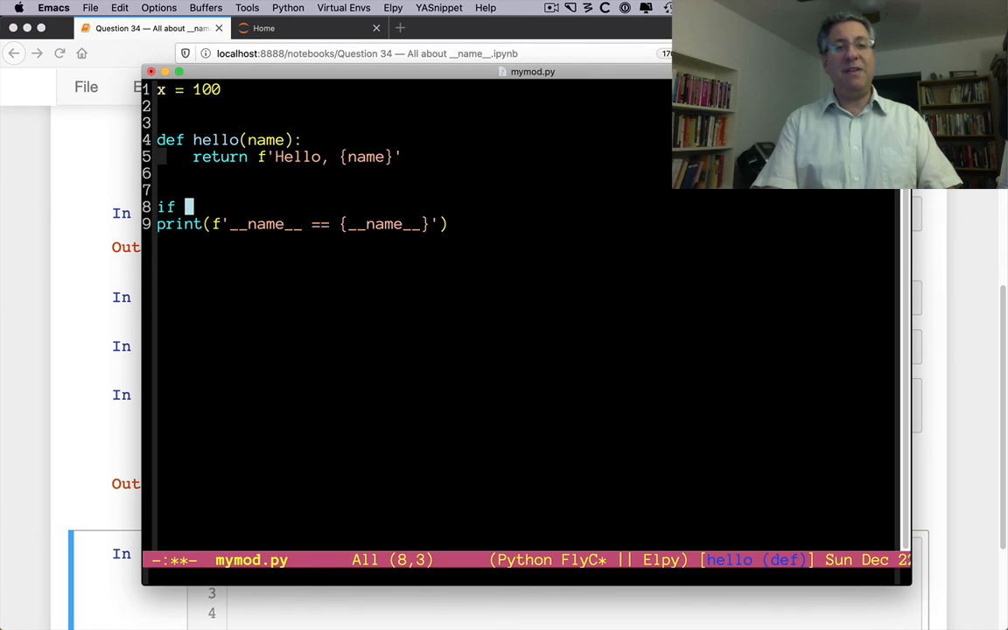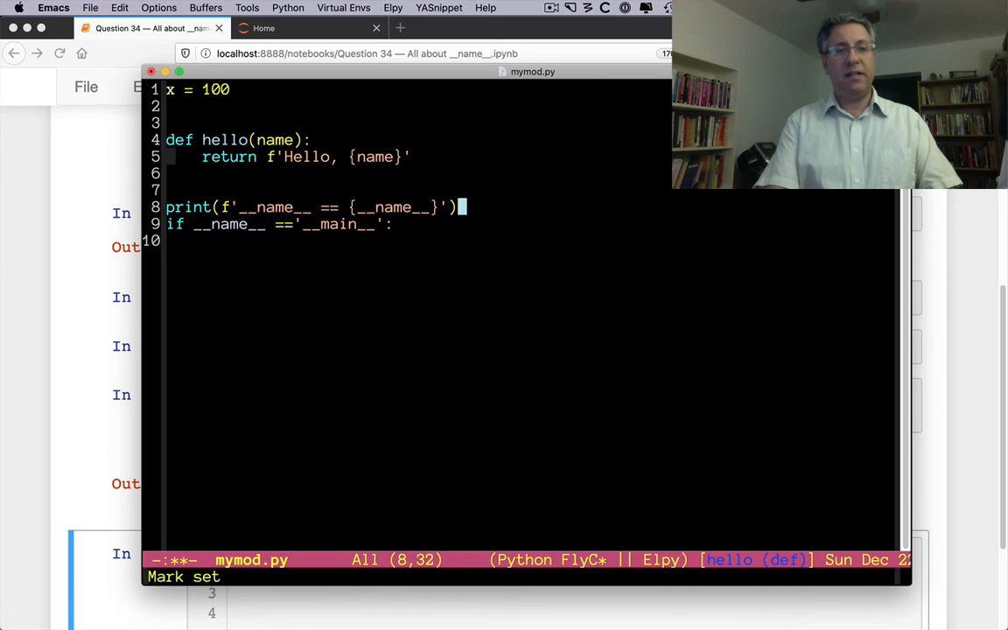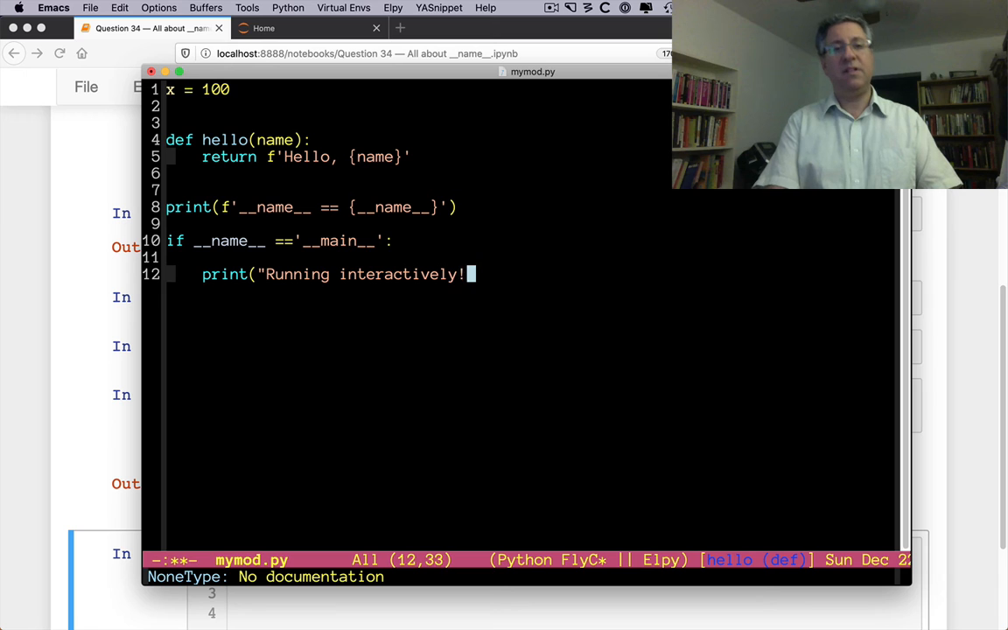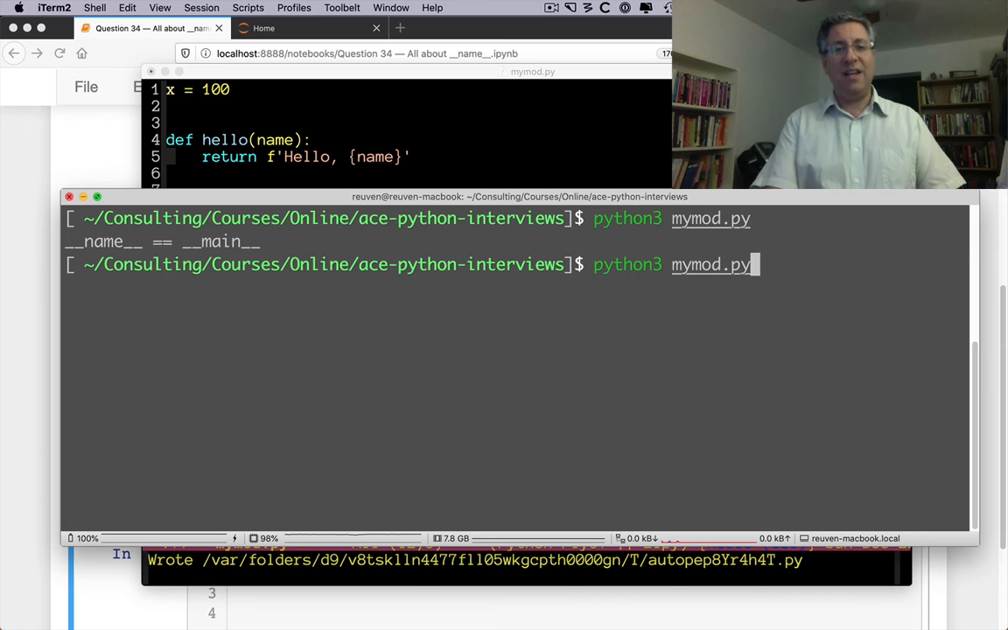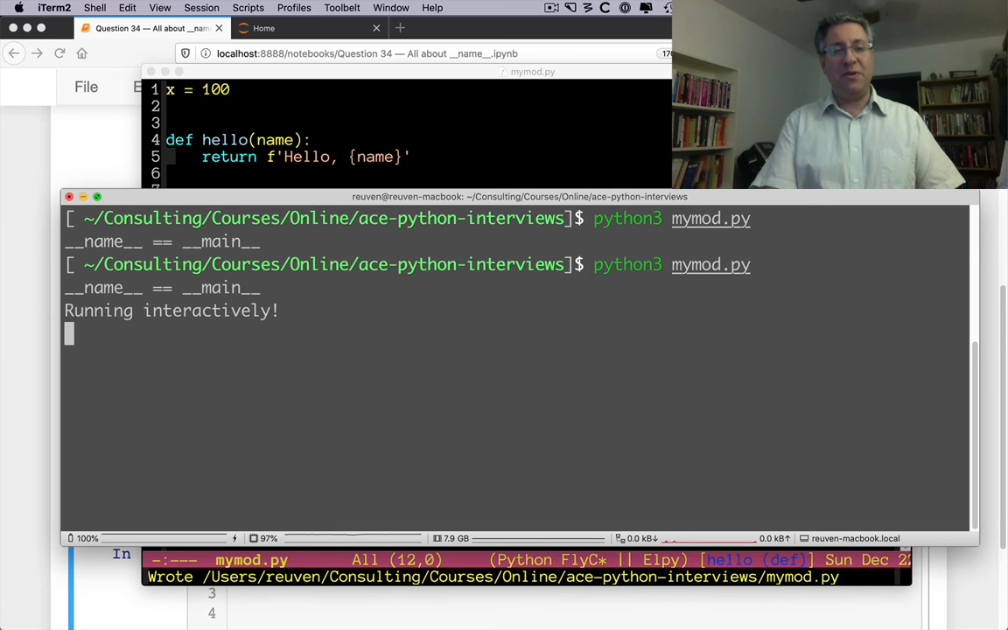I can have an if statement. If dunder name equals dunder main. Let's put this off. I'll have the print always, even though it's considered like bad behavior to do that. Print running interactively. So now what we can do is we can say something like this. If I run it now from the command line, we'll see that dunder name equals dunder main, and it's running